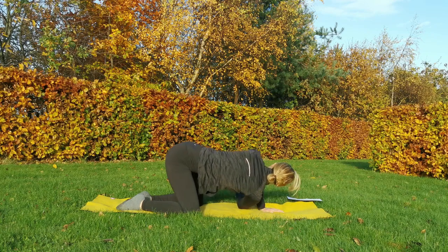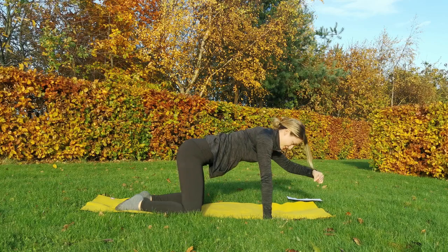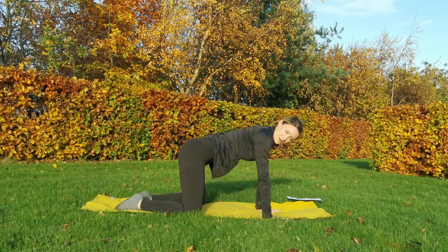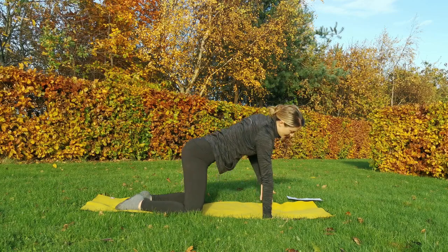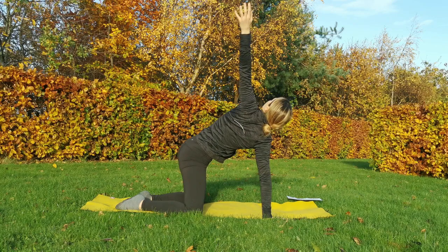With your next breath in, we're going to slide that right hand back and just place it on the mat. Oh, I had spiders on me here. And then we're going to do the same on the opposite side, so pressing in the right hand and fully extending the left up towards the sky, opening out the heart, breathing in,